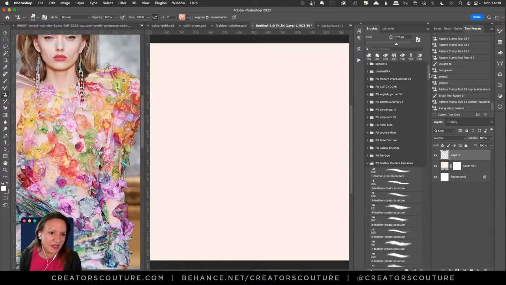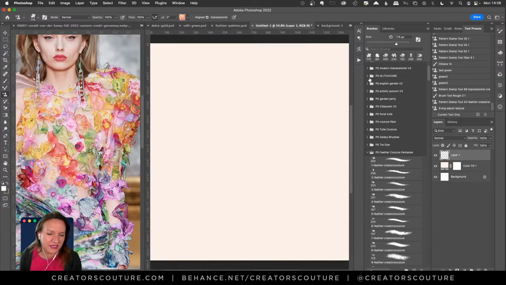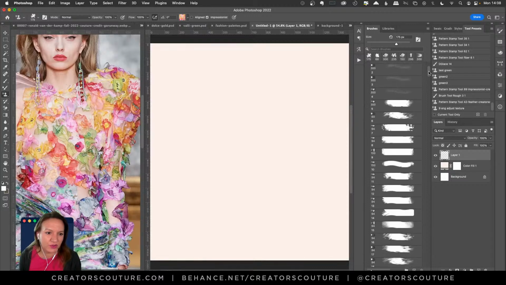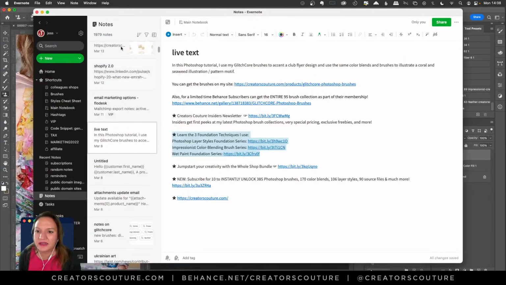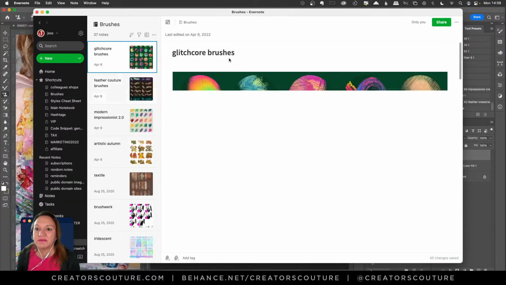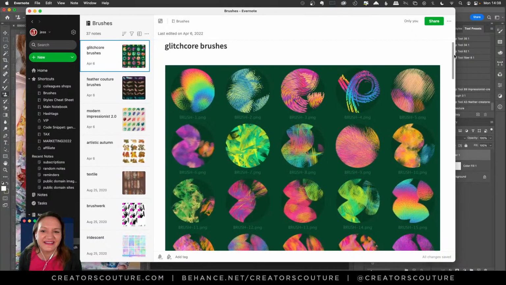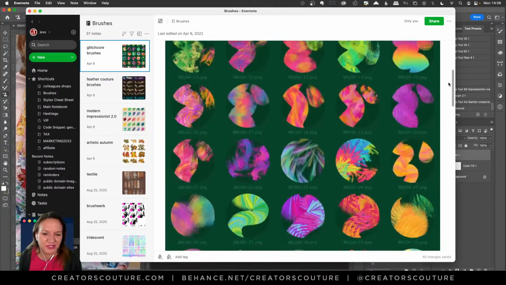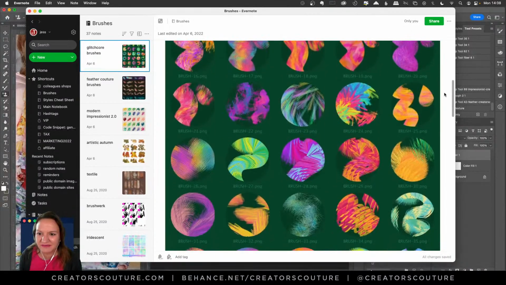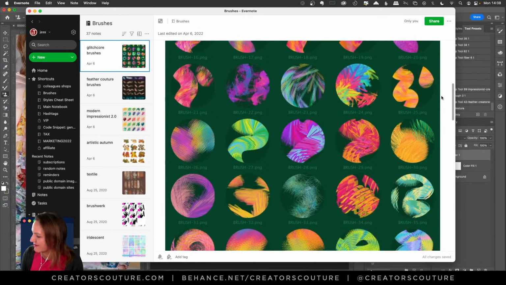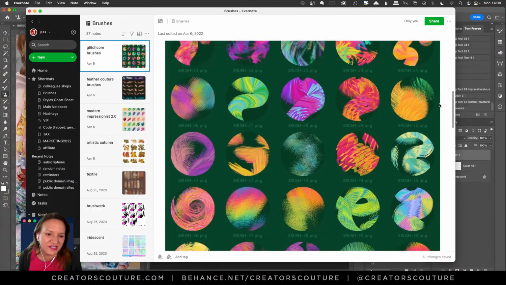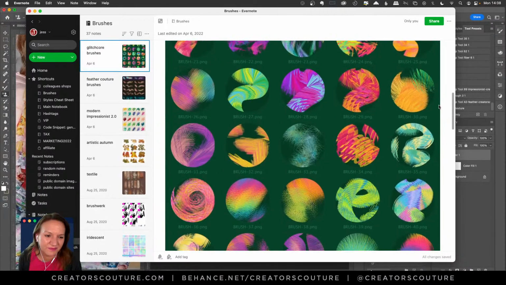This is something I do a lot. Here's the glitch core brushes. Let's see our brushes. Okay, I'm not trying to show everybody all my Evernotes here. So this is my glitch core brushes, which isn't really matching the style so much of the collection,